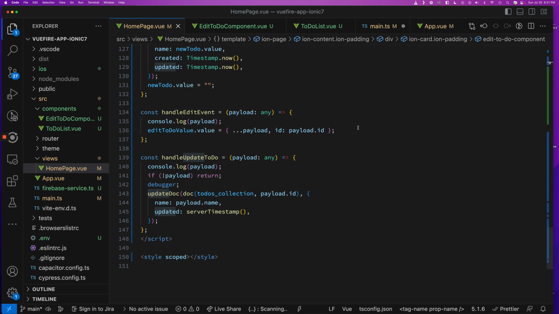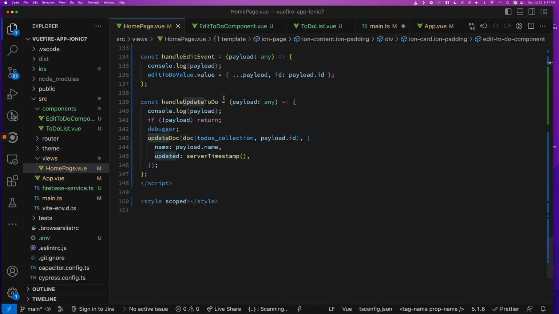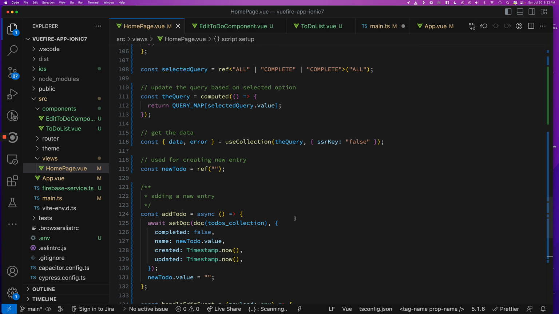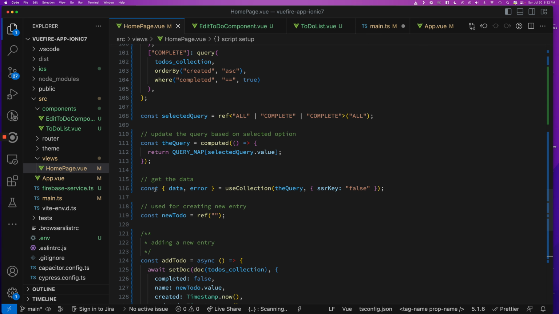We come down and here's the handle update. If we had no payload, we just bail. There's nothing to do. But if we do have a payload, then we just update the document similar to how we updated the status, but here we're just updating it using the payload name. We get the ID so we know which object to update, and then we update the server timestamp because we changed the object. And that's it. So you can see that the only place I really leveraged VueFire was for the real time of